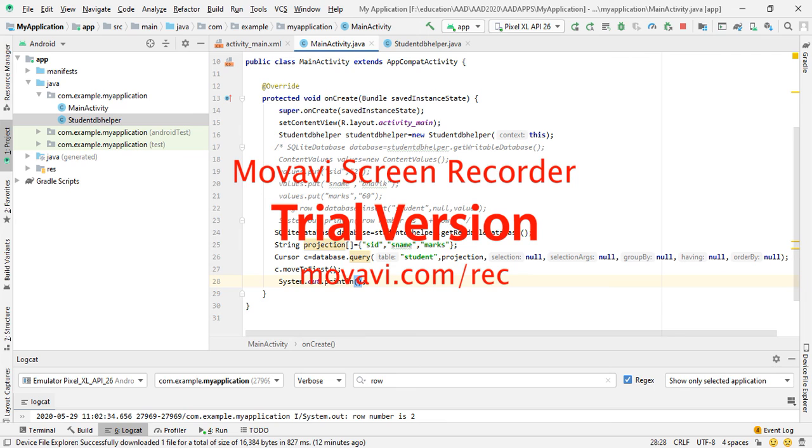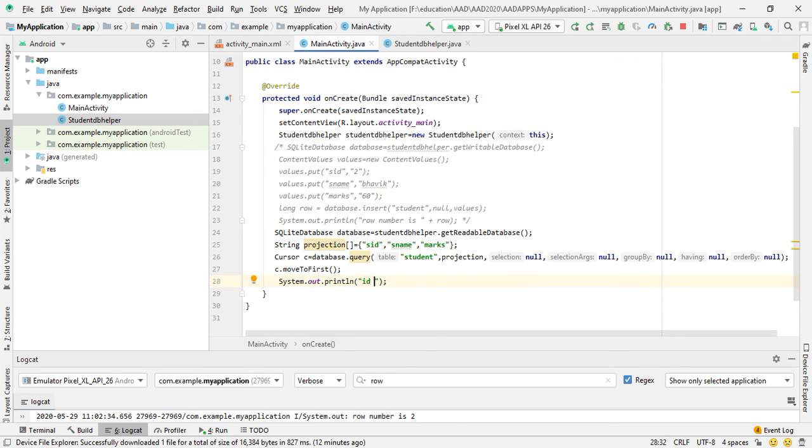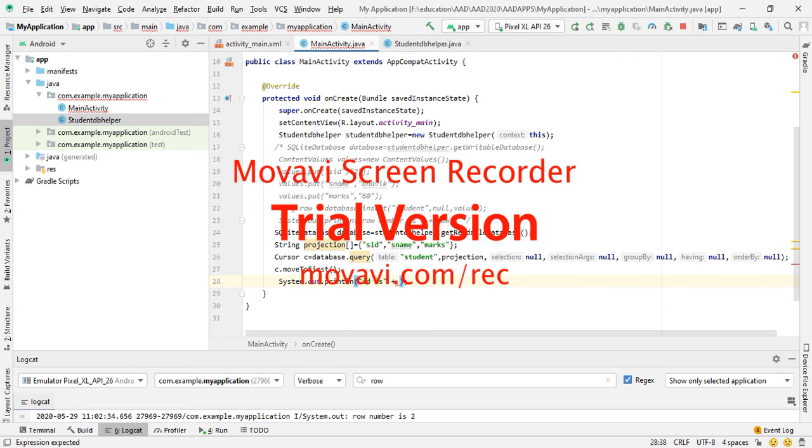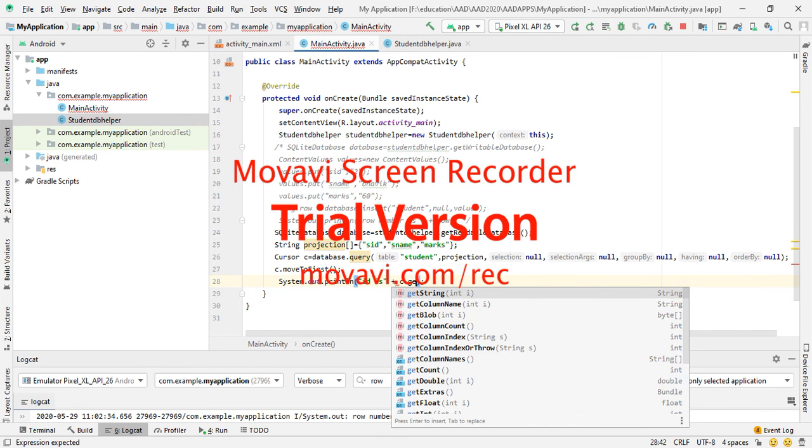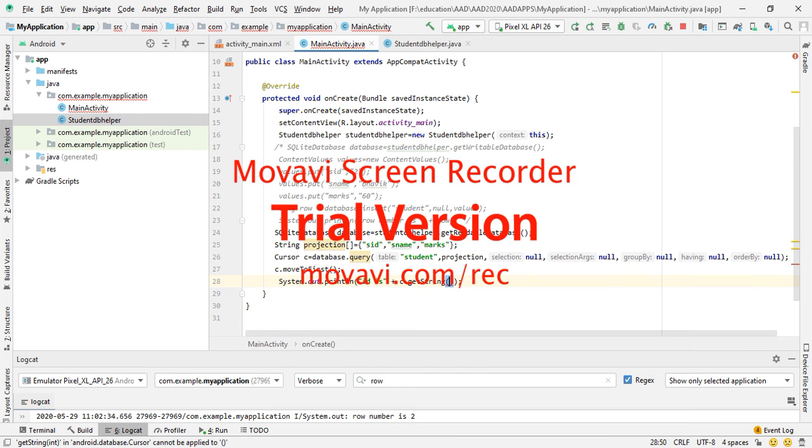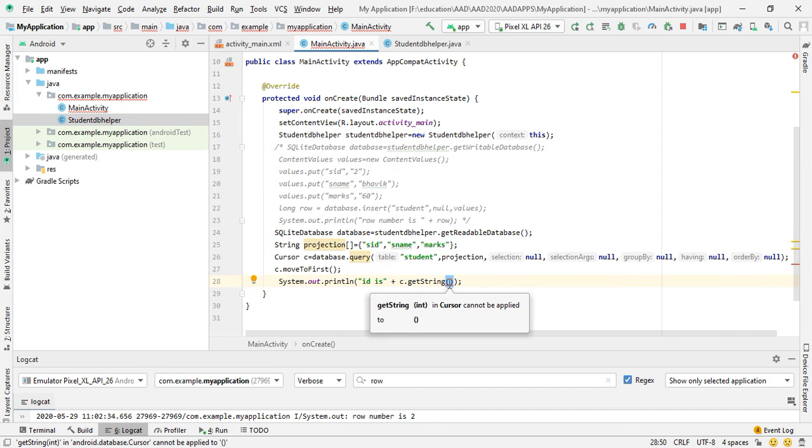For that, the first field is id. So id is, using the cursor's getString method, we can get the first value of the first column. Here we have to provide the index. 0 is the index of the first column.